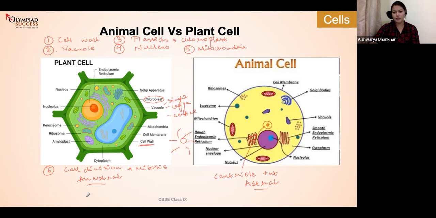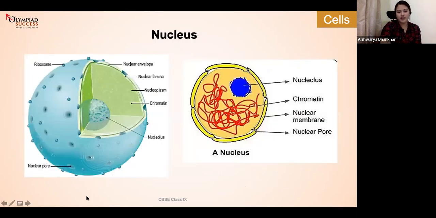Okay, quickly moving forward. Let's talk about the main portion, which is the nucleus. Now, whenever we talk about the cell in biology, always remember, just so that it doesn't become overwhelming and so that you don't have to learn a lot of things, try and divide your study material, okay? So when we're talking about the cell, we divide the cell into 2 portions. One is the nucleus and one is the